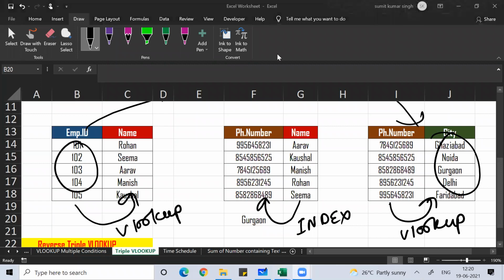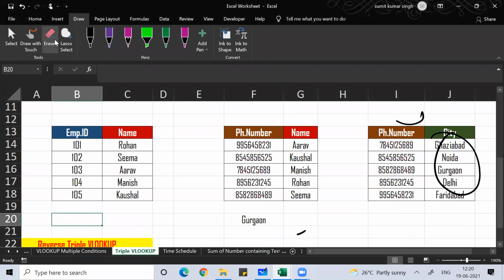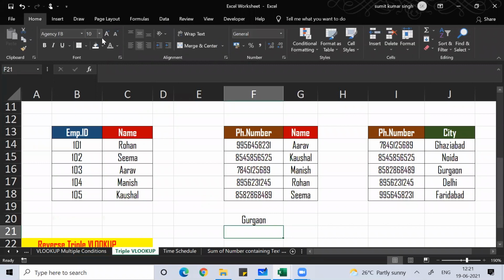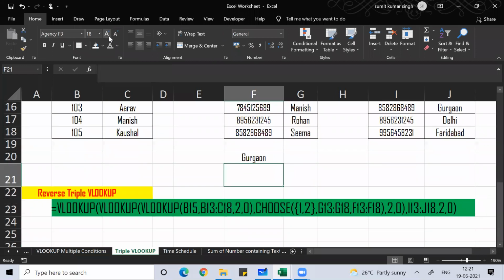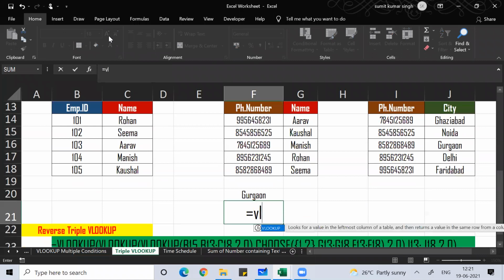I believe you have practiced also. I'll repeat what we have done before the break, and then we'll go ahead. So equal to VLOOKUP.